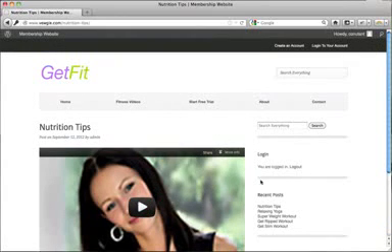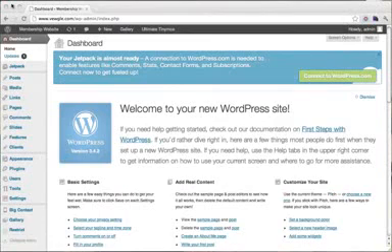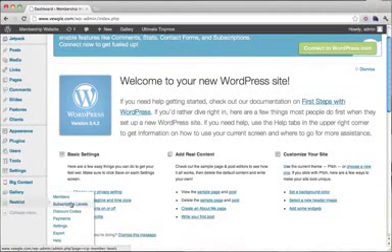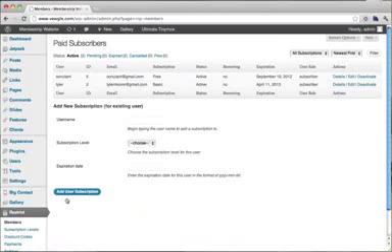But what happens when my 5-day free trial ends? Well, let me open up another window here. And here is my back end of the membership website. So I just go to restrict the members. I can see that someone has signed up, and they've signed up for the free subscription. Now, what happens if I edited their thing